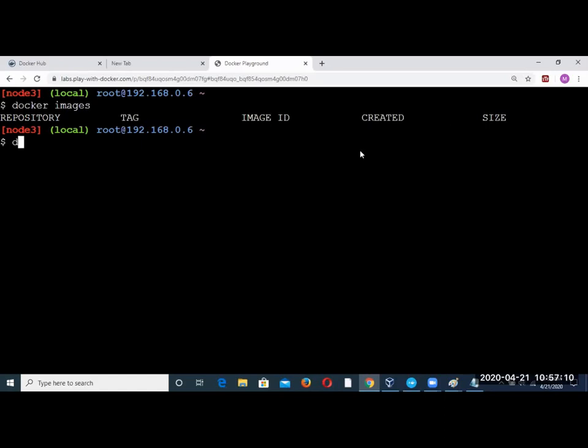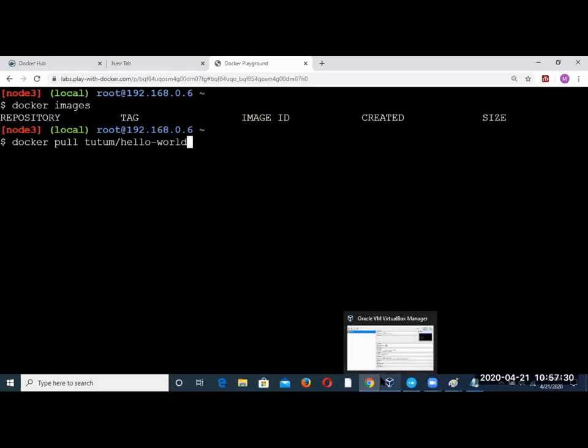Rather than creating one, I will take an already existing web server image, a website image like Tutum Hello World. You can create your own, install that and publish it, but I'm taking the default one.